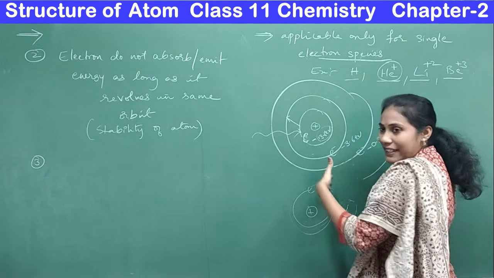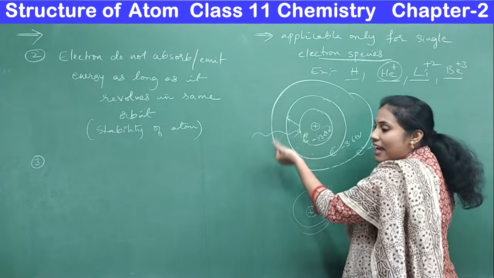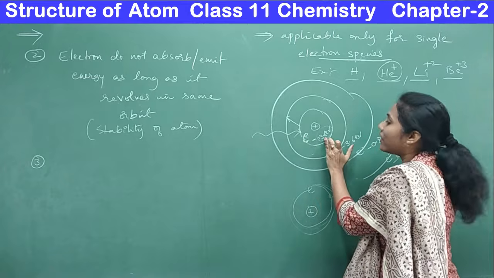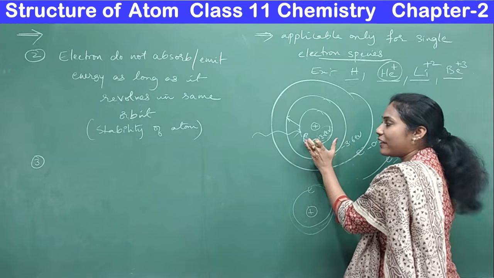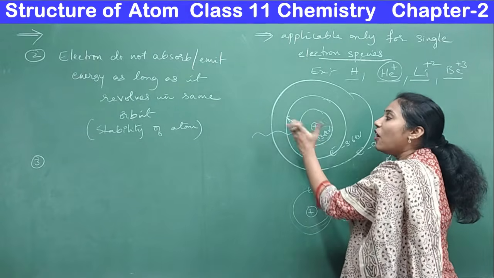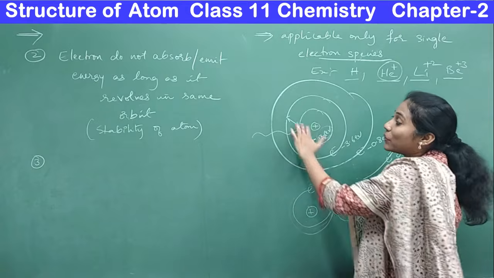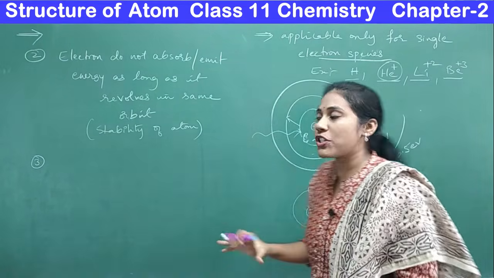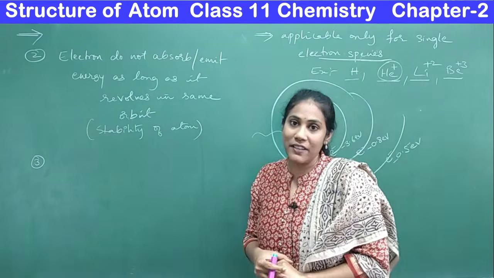You are supplying the energy in the form of radiation. So this guy is now absorbing more energy. Now its energy is more. No, it cannot stay here. Its energy has become more than this value. It cannot stay here. So where will it go? It will go to a higher energy level. So by absorbing radiation, an electron always jumps to a higher energy level.